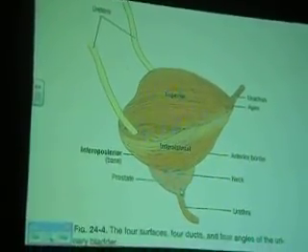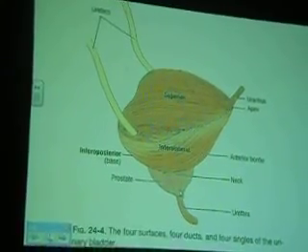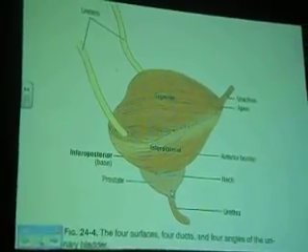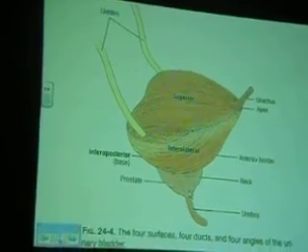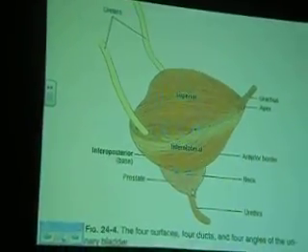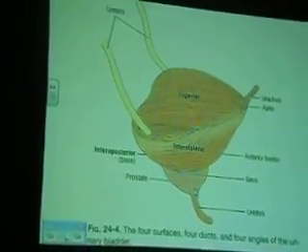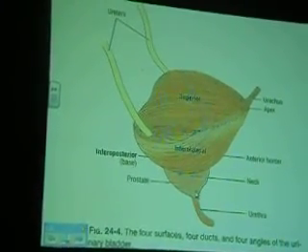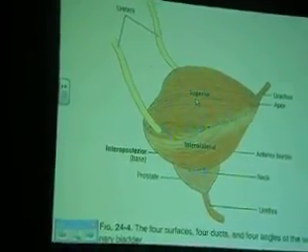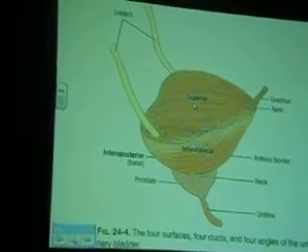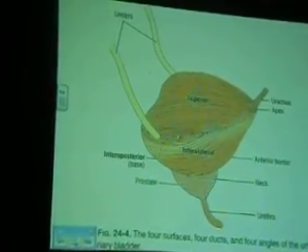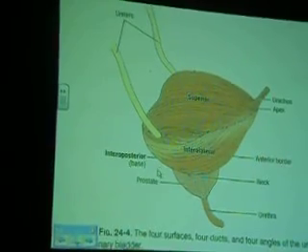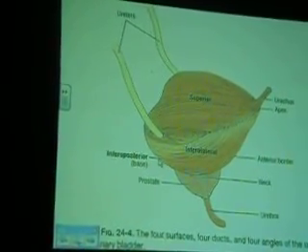So with that, I think you all can appreciate the outline of the bladder. When full, it loses this appearance and becomes ovoid, spherical like a balloon. And this is where the term fundus is applied to the superior surface. The dome, that should be the dome, yes, and then the fundus.